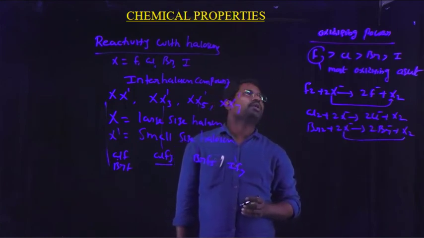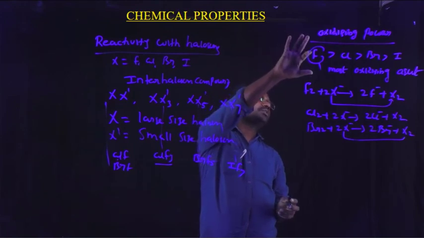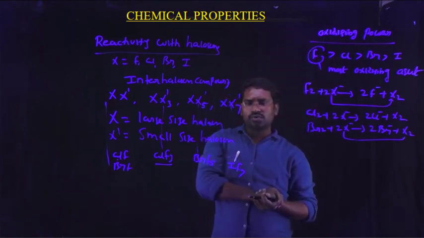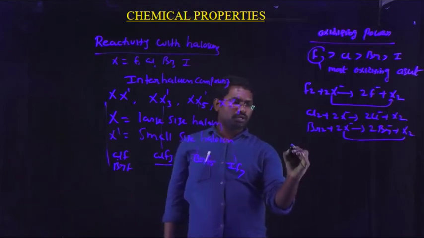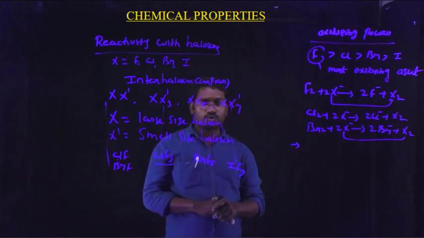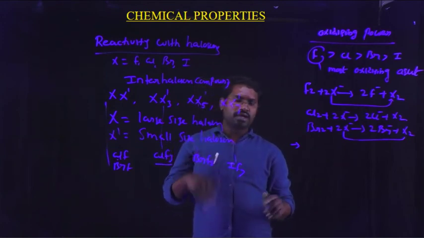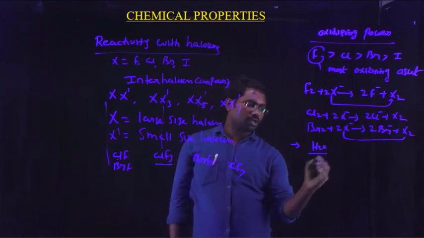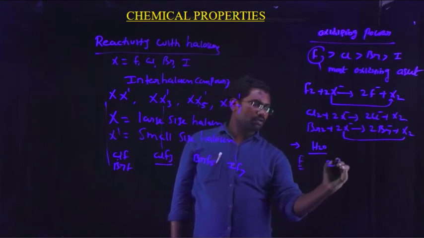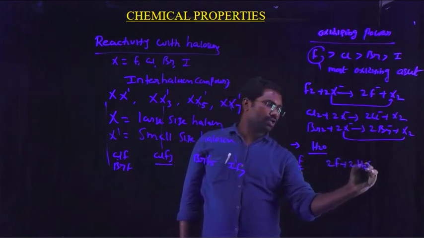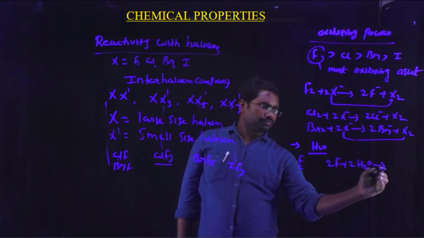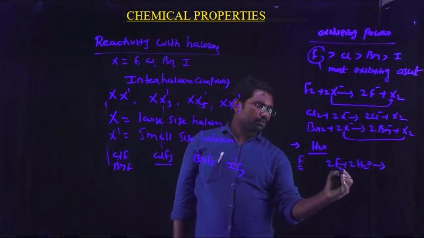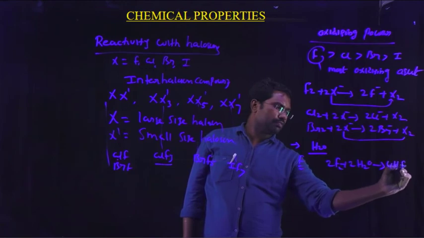So another important point, how do the oxidizing power values of halogens decrease from fluorine to iodine? How can we estimate it? It is based on the values of their reduction potential values. Another important property is the oxidizing power of halogens also depends upon their ability of reacting with water. In case of fluorine, 2 moles of fluorine react with 2 moles of water, giving 4 moles of HF plus oxygen.